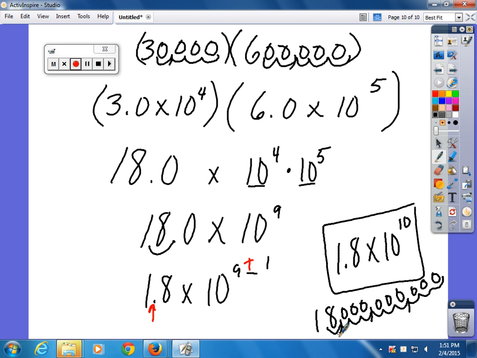I'm missing one. Did I do it 10? 1, 2, 3, 4, 5, 6, 7, 8, 9, 10. That's right, 18 billion. You count from zero because you move to 10. Count from zero to 8. Yeah, 8 is a billion. 6 is a million. If 8, or 9, I'm sorry, 9 zeros is a billion. What about